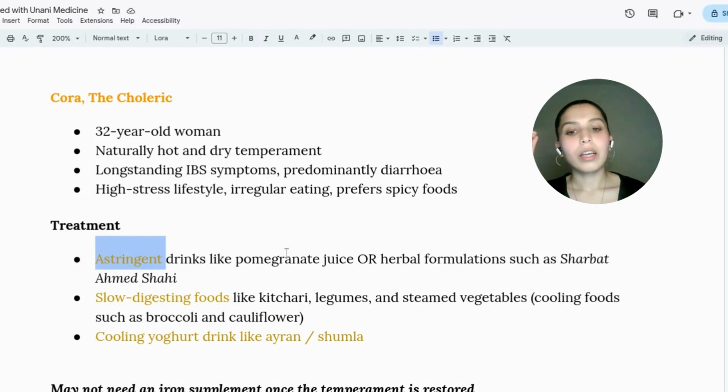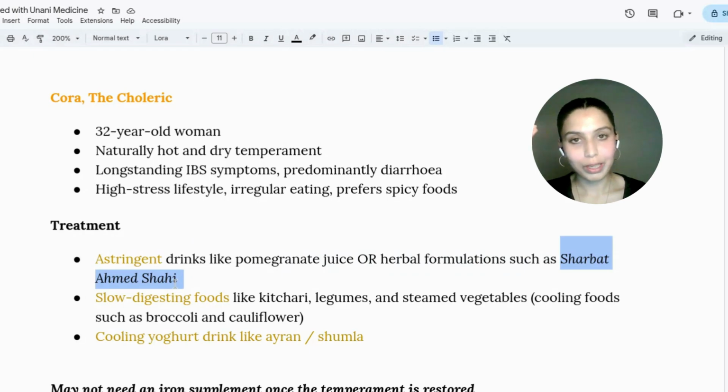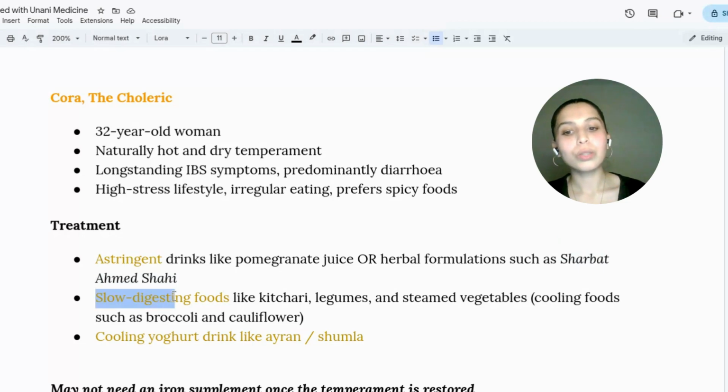So things like pomegranate juice, which is a very good natural astringent, or a herbal formulation, a Unani one called Sherbet Ahmed Shahi. This is a very profound astringent medication or formulation in Unani medicine. This would stop the diarrhea. Then, second to that, she would be given something that is slow digesting. Her diet would change to eating slow digesting foods like khichdi, legumes, steamed vegetables,